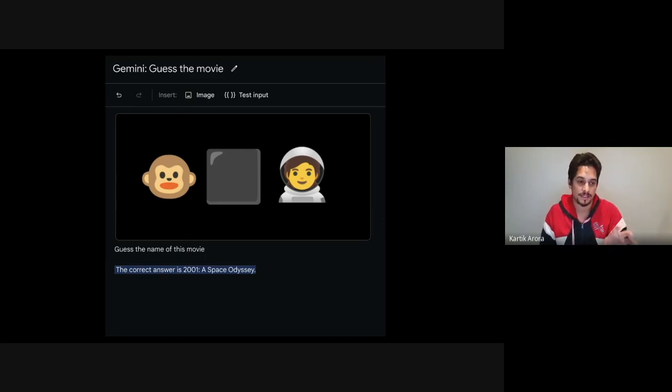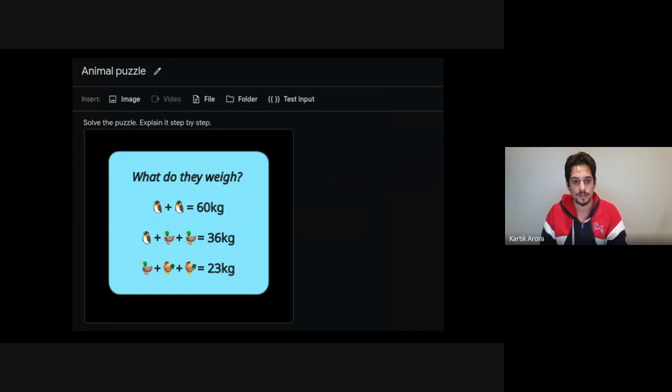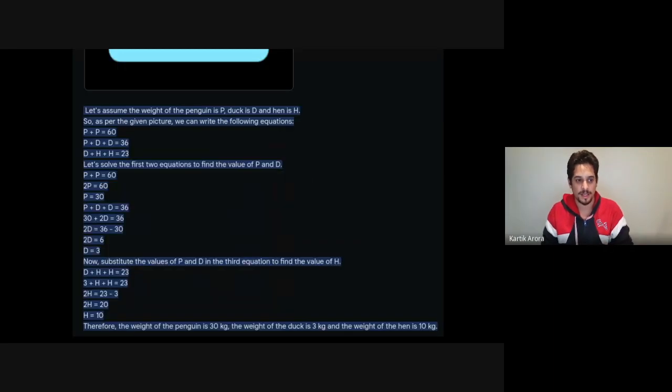Okay, this was just basic interpretation of an image. It can also understand text and images within an image. So this entire thing is an image which has some rasterized text in it and some more images inside it. And we've asked it to explain it step by step, and it does that. Now, I haven't sat down and checked if the answer is correct, but at least it's able to understand a simple math problem. It's able to convert that image into a basic algebra problem and then solve it for us.